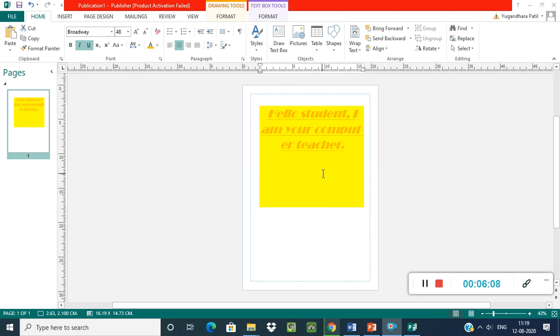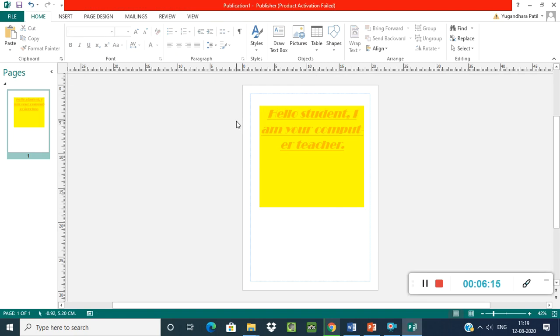Now next is, after creating a text box and typing some text in the text box, you need to save this application. So how to save this application? Here, see, in the top left corner, there is a save button and the shortcut key is also given here, that is Ctrl plus S. You can click on this save button, otherwise on the keyboard you can press Ctrl and S together. Understood? I am clicking on the save button.